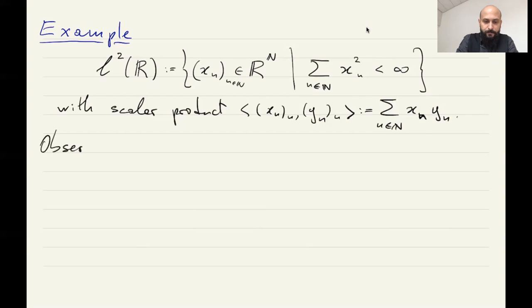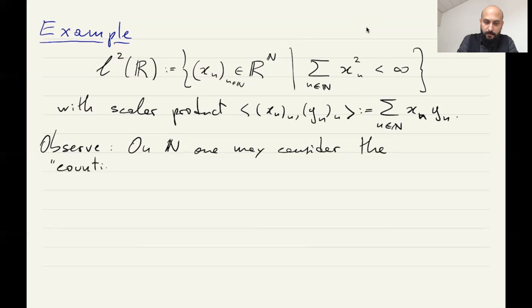In fact, observe that on the natural numbers, one may consider what's called the counting measure, the measure mu, defined as the sum of the masses on singletons,